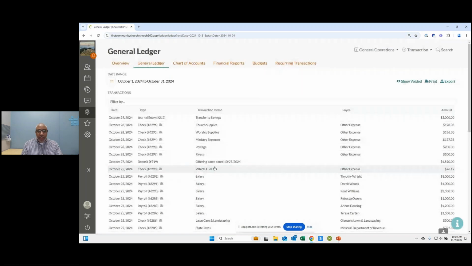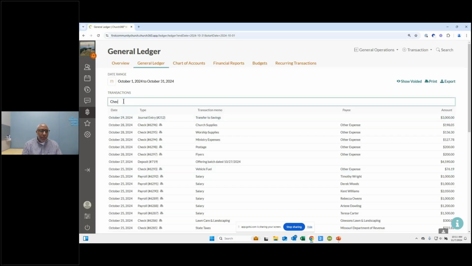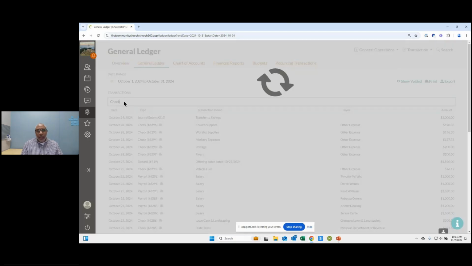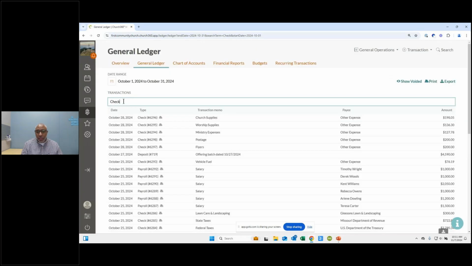And this is all of my ledger transactions. And these are transactions, not line items. All of my ledger transactions here, and allow me to either print or export that information from the system. I could also, inside this view, if I just wanted to see all checks, say check, press enter, and then my Ajax loader will let me know that it's processing and thinking. And then from there, it'll show me just all of my checks.